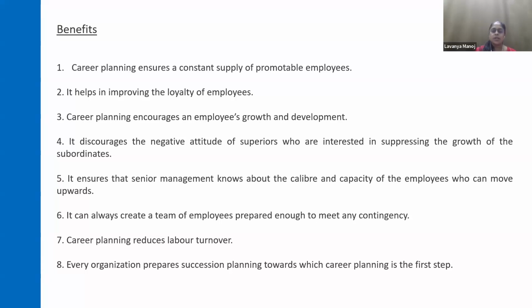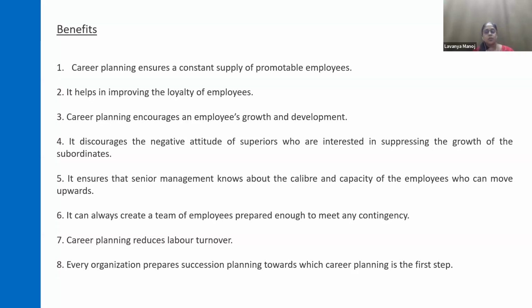So this mostly happens in many of the organizations. I would say even government, non-governmental, private, public, everywhere you can see this type of scenario. You can see this type of people who are in higher positions. They always want to suppress, or, what do you say, make their subordinates always bow to them for each and everything. So providing this kind of opportunity, that is career planning, to the employees by the organization,